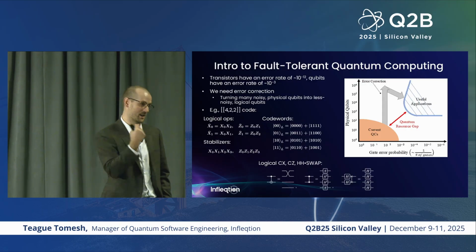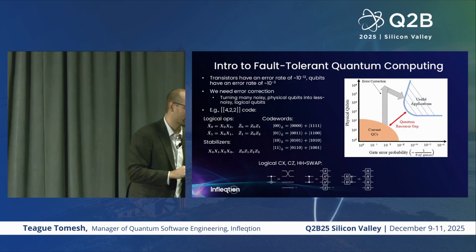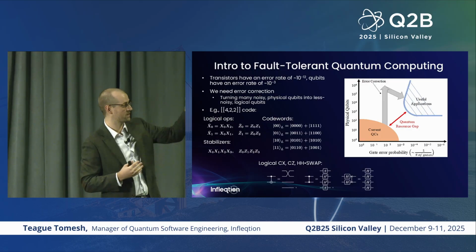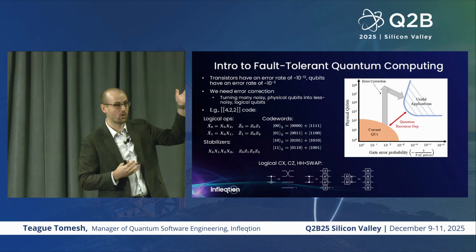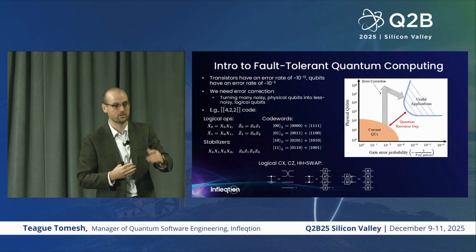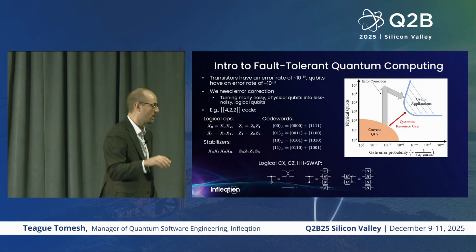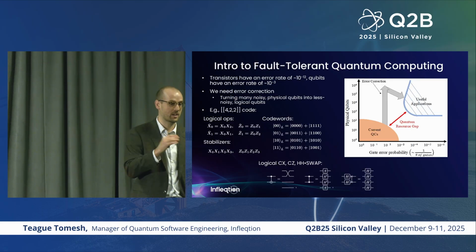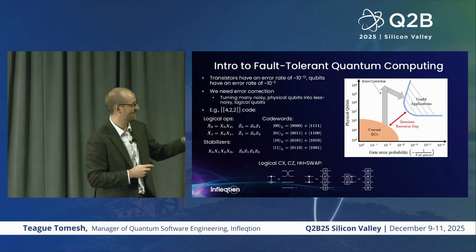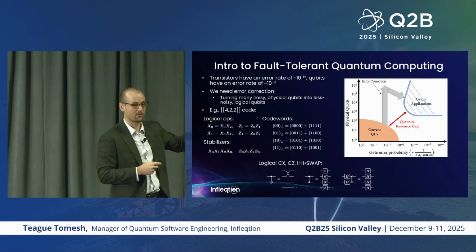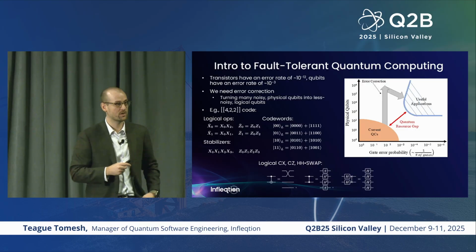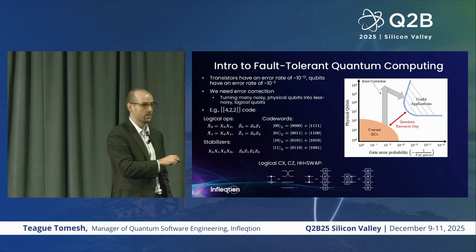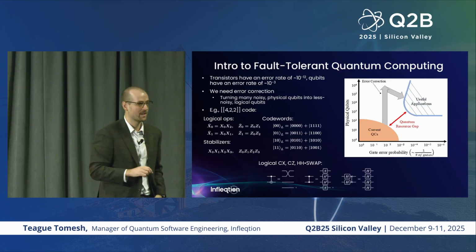Well, we can make a trade-off. We can make a deal. We can vastly increase the size of our systems. We can use many more physical qubits to then form a smaller number of higher quality logical qubits. The way that we do this is we encode our information into a code. So for example, the notation shown here is for this 4-2-2 code. So this shows the number of physical qubits, 4 qubits, are used to encode 2 logical qubits at a distance